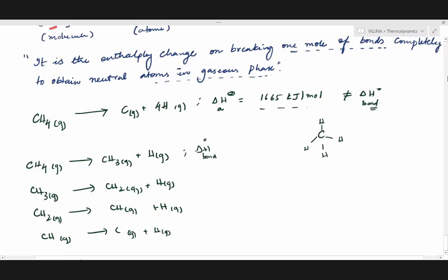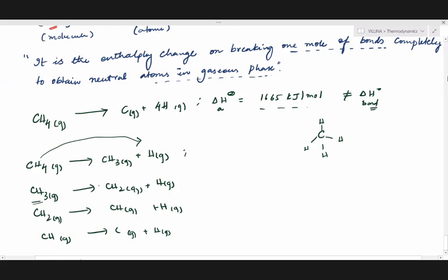So whatever this delta H atomization is, it is not equivalent to bond enthalpy, because even if the bond lengths are equal, and all the carbon hydrogen bonds are equal, in the process of converting them into atoms, more than one step is involved, and in each step the reactants are different, so the enthalpy change will also be different. So we need to take a different approach.